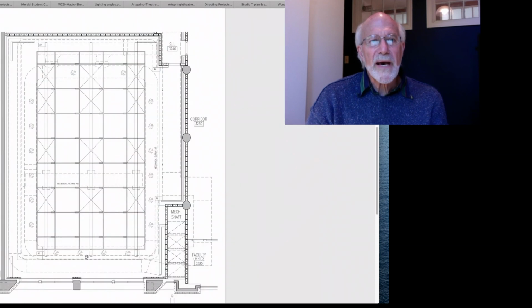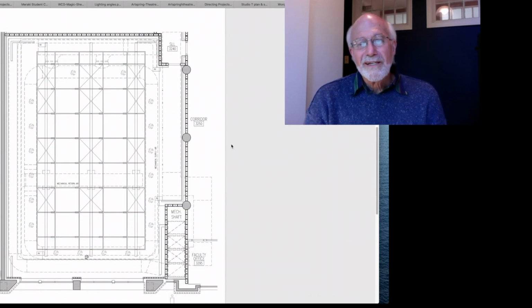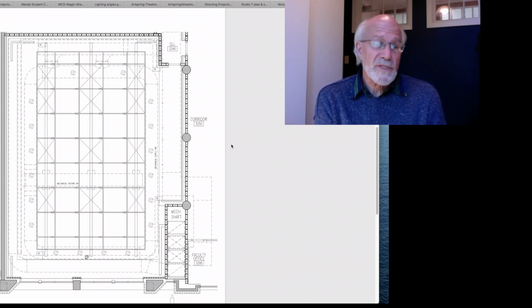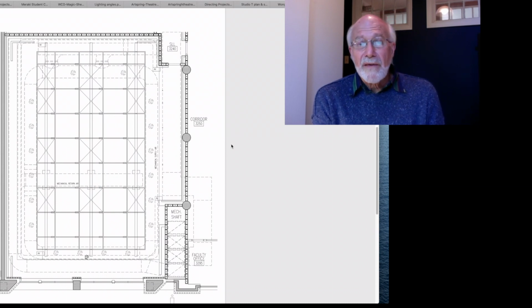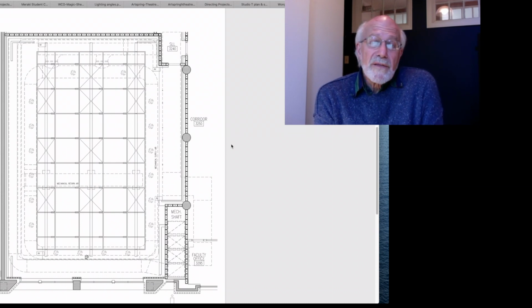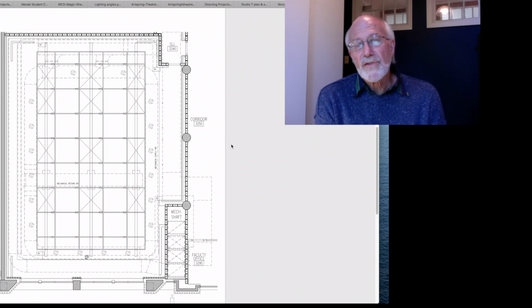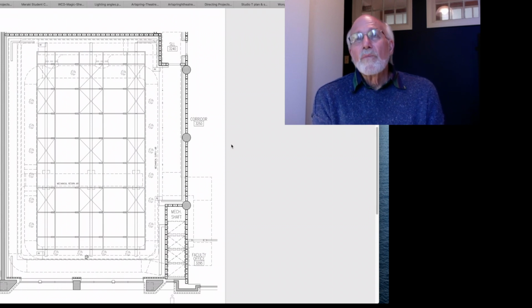So if I go back to this, the task really is, I need a three-dimensional understanding of this theater. And yes, nowadays you can go on a website, as I did last night, for example, for the Annex Theater, part of the Vancouver Civic Theater complexes. And there's a lovely 3D animation. I can zoom it around and get a very good sense of the theater, but it's not accurate to this